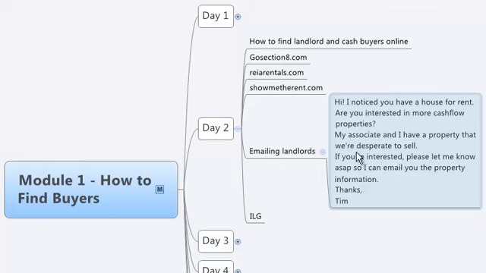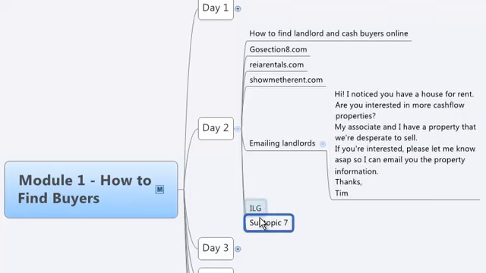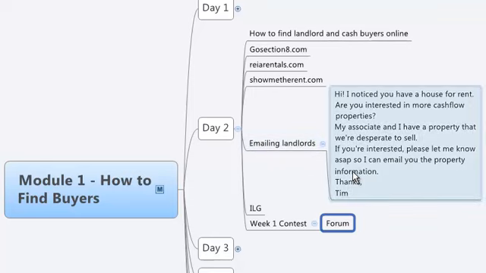Your homework for today is just to send out as many of these emails as you can. And remember our contest, the module 1, or week 1 contest, in the forum. When you go in the forum, you'll be able to know the rules. But basically, whoever has the most landlords or buyers that say, yes, I'm interested in taking a look at your property, yes, I'm interested in buying more cash flow properties, by the end of this upcoming Sunday,